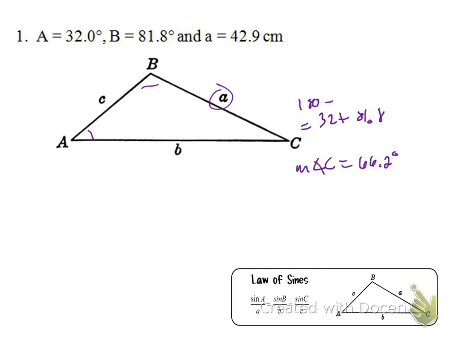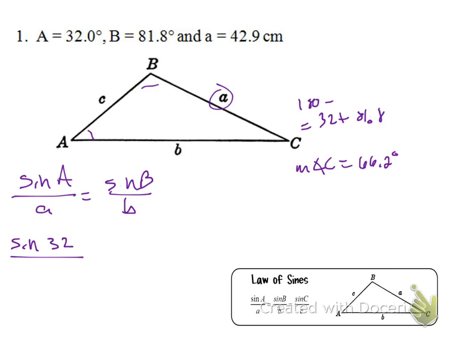But now, if we want to find the length of side B and side C, we've got to use this law of sines. We can't use the Pythagorean theorem. This is not a right triangle. So we can go the sine of A over the length of A equals the sine of B over the length of B. And that'll help us find the length of side B, because we know angle A. Angle A is 32 degrees. The length of side A is 42.9 centimeters. We know the measure of angle B, which is 81.8 degrees,